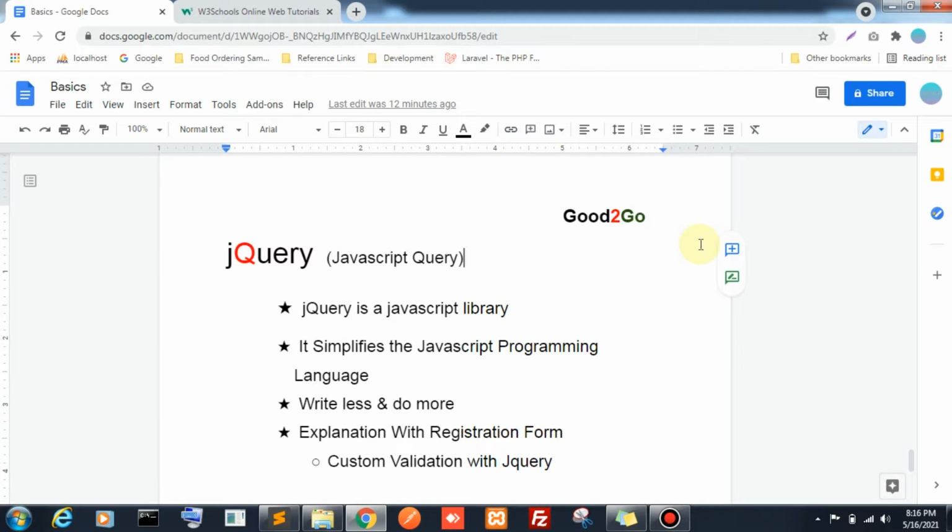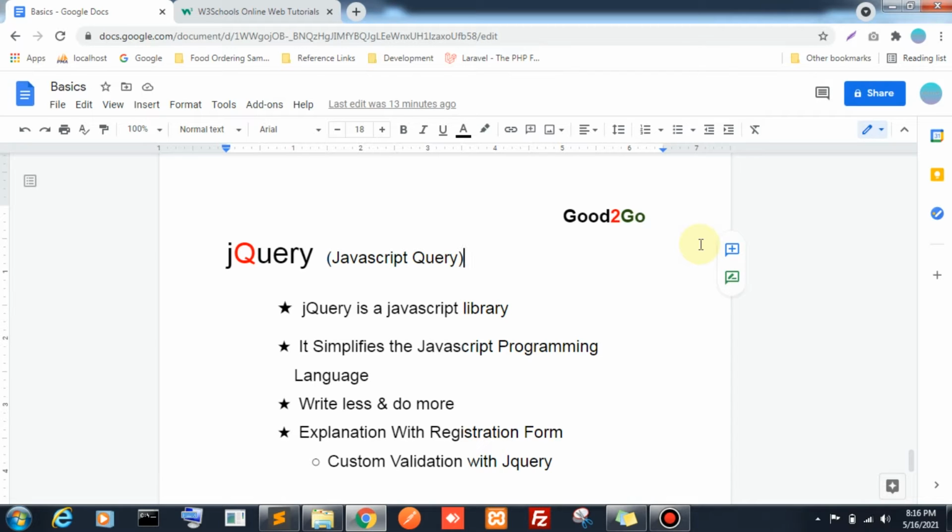Following the last JavaScript video, we are going to learn about jQuery. jQuery is nothing but a JavaScript library, which means in JavaScript we might write many functionalities. We build a library of functionalities with JavaScript code, and that is called jQuery. We just import the jQuery library in our file and use the jQuery functionalities.